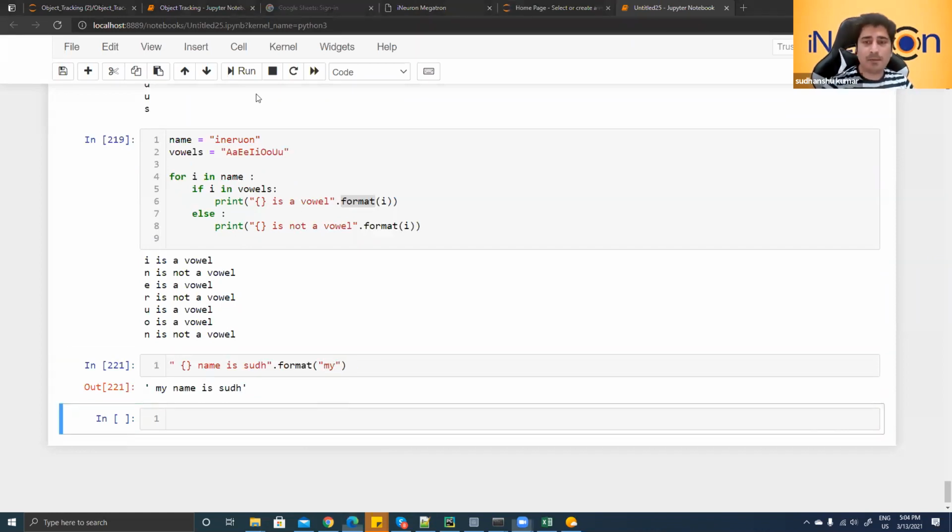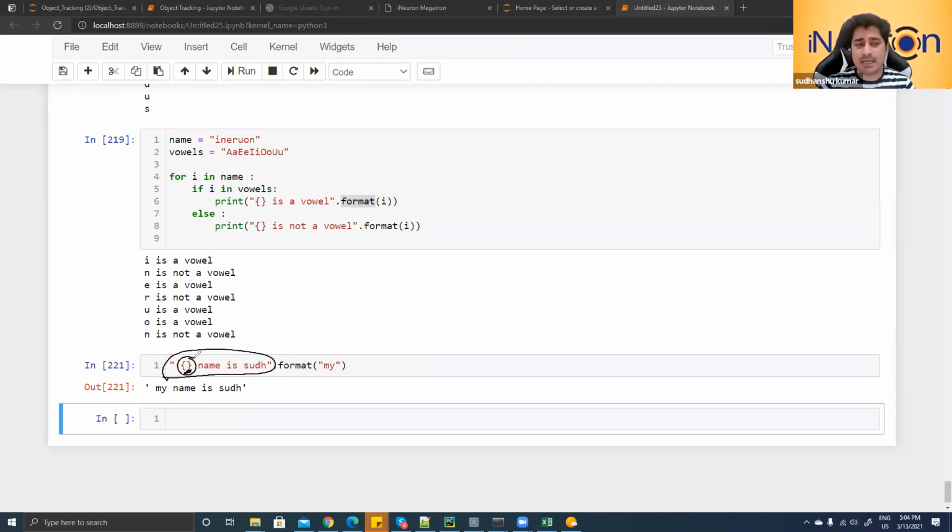Now, what is format trying to do? Let's suppose I have created one string, but maybe I have to fill these things in at a later stage, at runtime, with some values, not beforehand. Beforehand I could have filled these things in the string, but after execution, if I have to fill this with some string or some data,